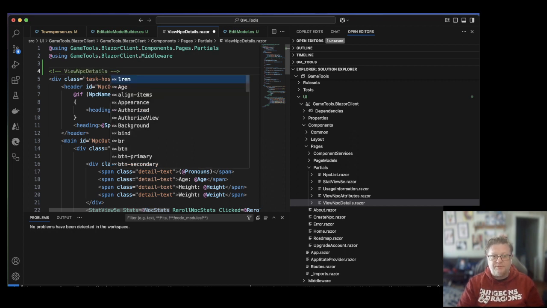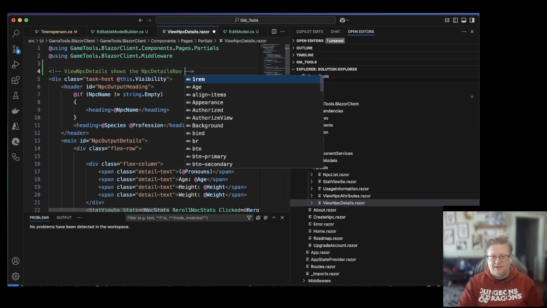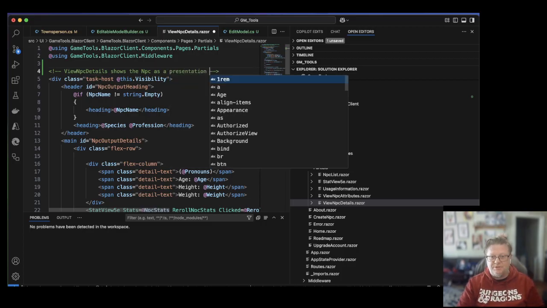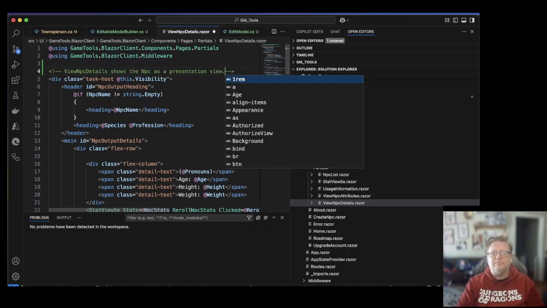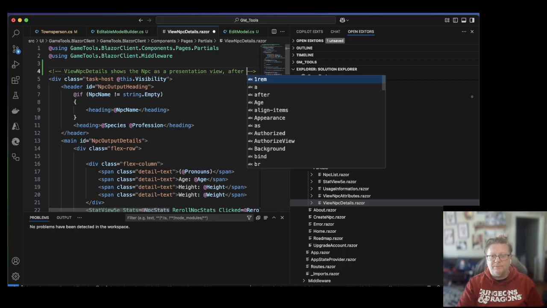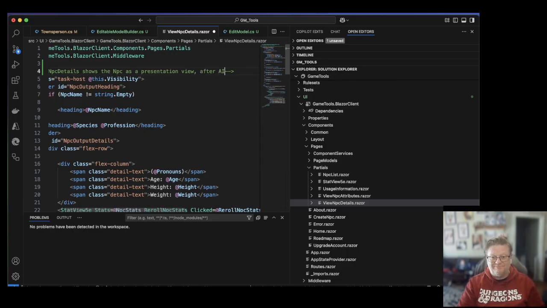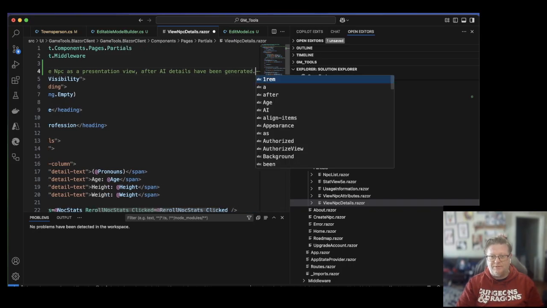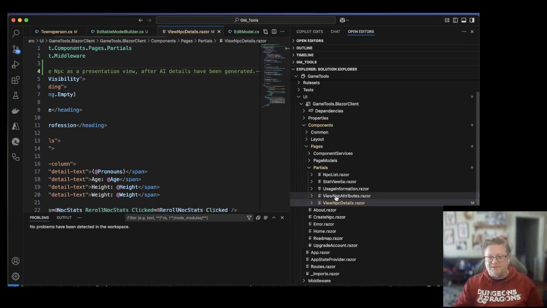View NPC details shows the NPC as a presentation view after AI details have been generated. Save. NPC attributes view